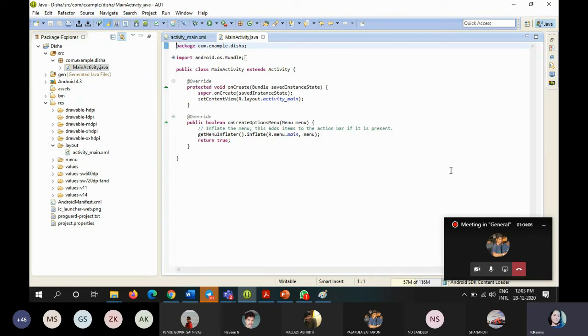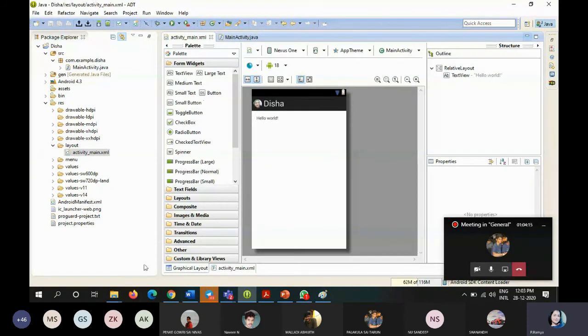Within the Eclipse platform, if you want to create that type of user interface, everything will be done on the XML file like this. Here one white space will be displayed, right? For your Disha application, you have already created one icon, the Priyanka image, and everything will be displayed here. The white space we simply call your mobile screen. I'm going to explain in detail later, so no need to worry. You can remember this white space is your mobile screen.